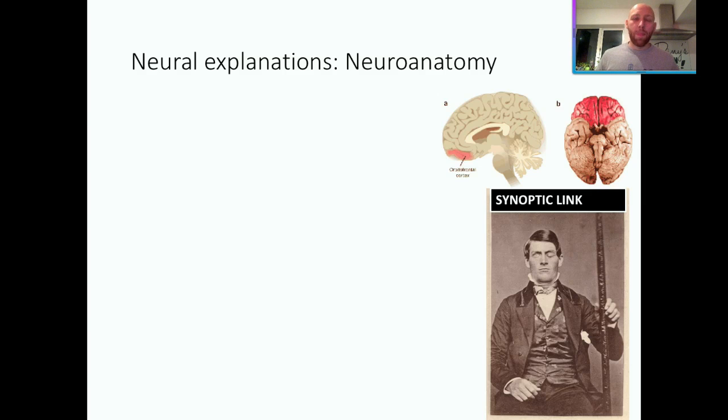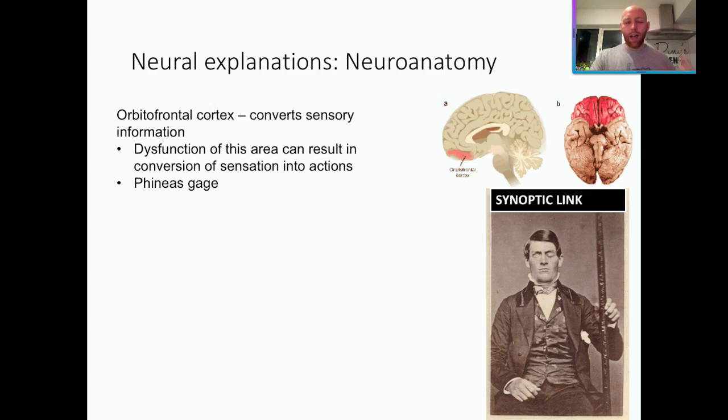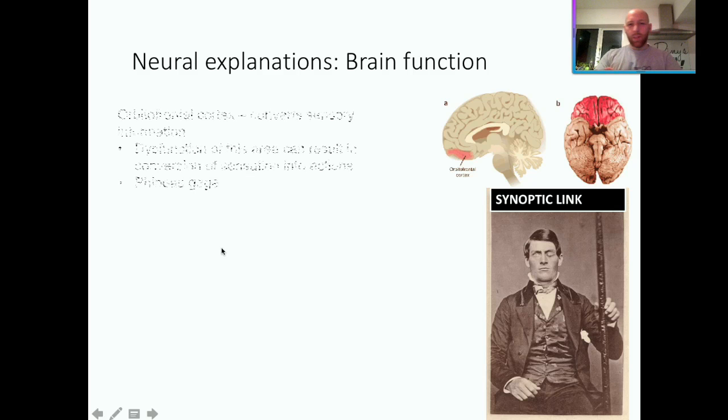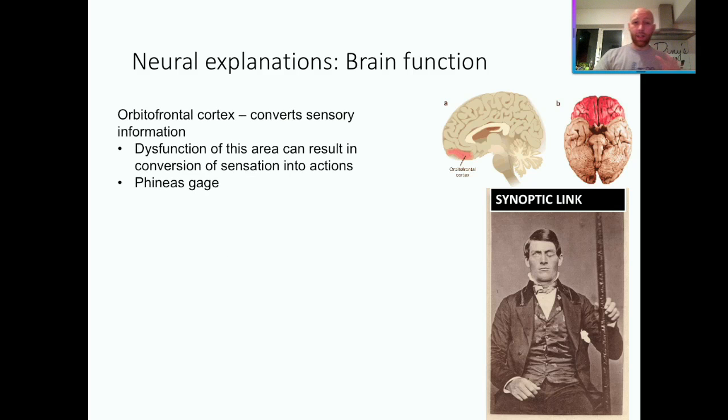So as a neuroanatomical or another neural explanation, we can look at the functioning of particular areas. So another neural explanation is if we look at the specific activity in different areas of the brain and whether or not it's functioning normally. So we're coming up from the cellular level of the neuron to the region in the brain and looking at how that functions. Now, there's going to be a lot of interesting links here that we can connect to, but